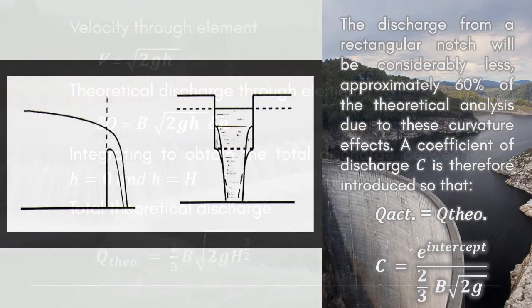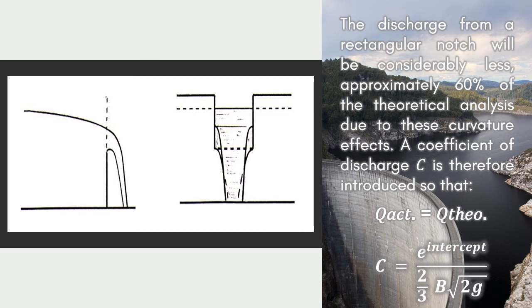In practice, the flow through the notch will not be parallel and therefore will not be normal to the plane of the weir. The free surface is not horizontal, and viscosity and surface tension will have an effect. There will be a considerable change in the shape of the nappe as it passes through the notch, with curvature of the streamlines in both vertical and horizontal planes as indicated in the figure. In particular, the width of the nappe is reduced by the contractions at each end. The discharge from a rectangular notch will be considerably less, approximately 60% of the theoretical analysis, due to these curvature